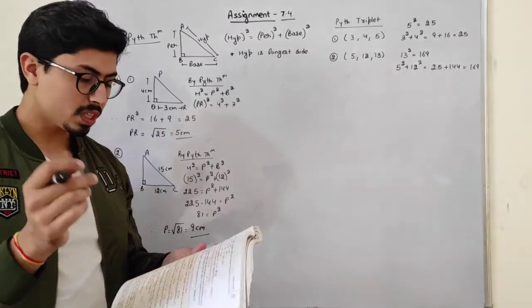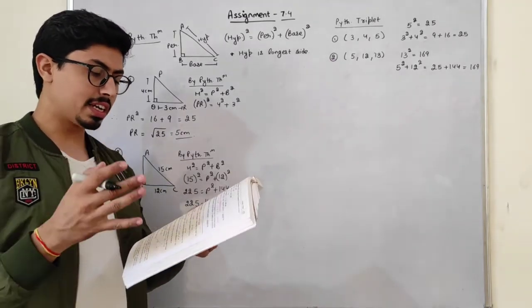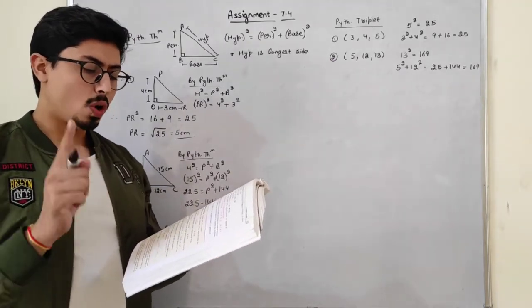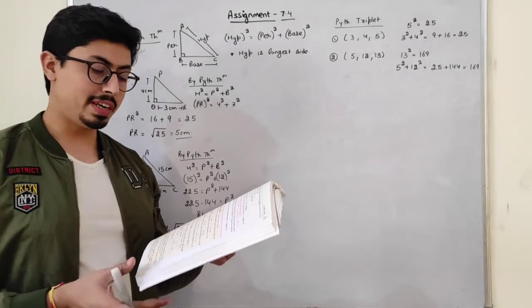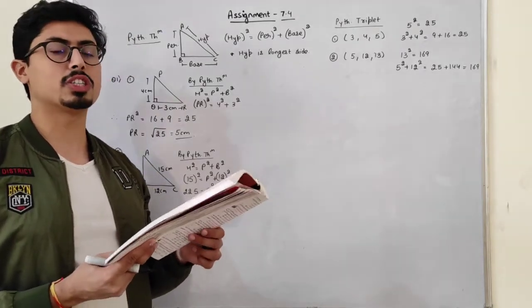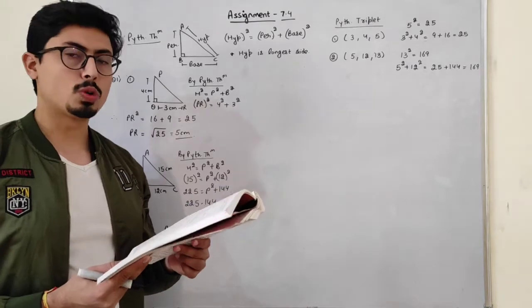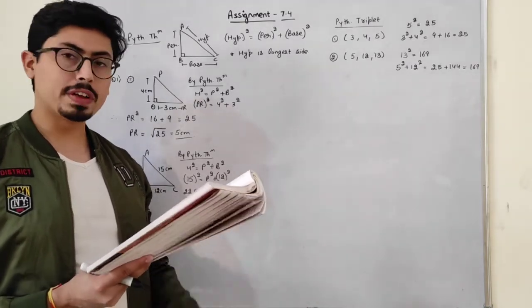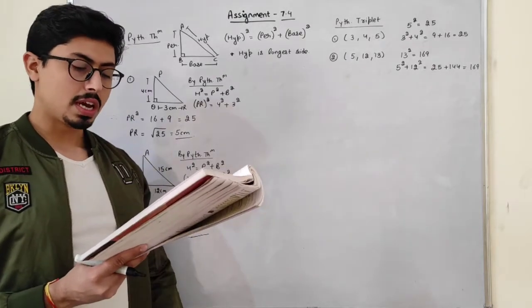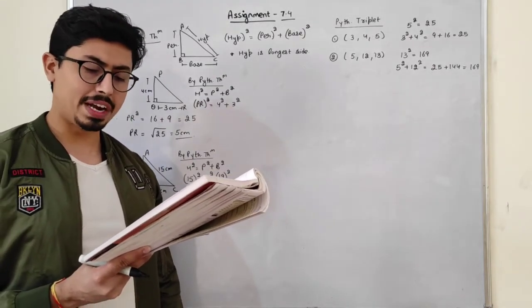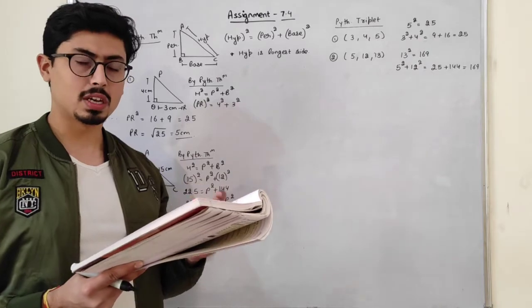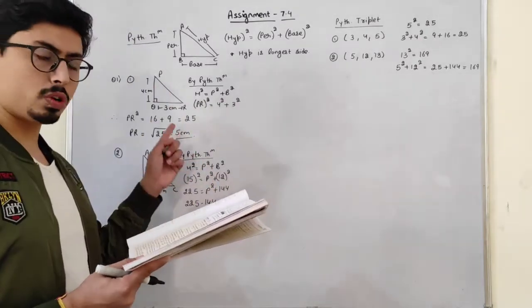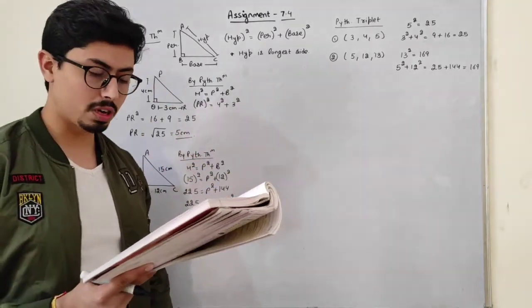Okay. Now students, in the given first question, third part, only the second option, that is with the equal sign, satisfies the condition of the Pythagorean triplet. So part B is my required answer. Now moving forward to question number second, the hypotenuse is 25, the perpendicular is given to us, we have to find the base. This is the same as these questions, so just do question number second by yourself.